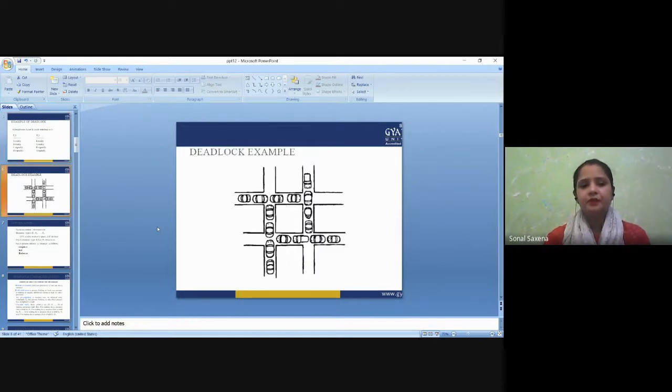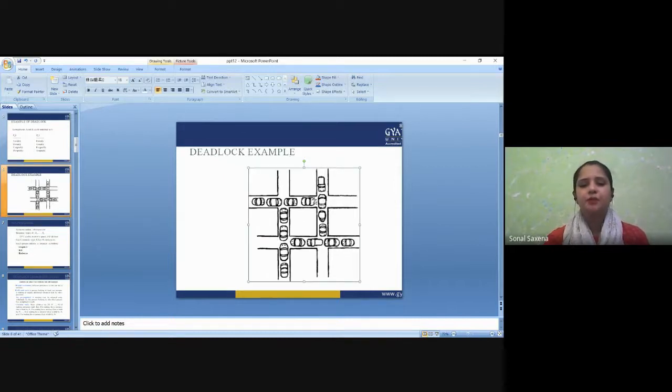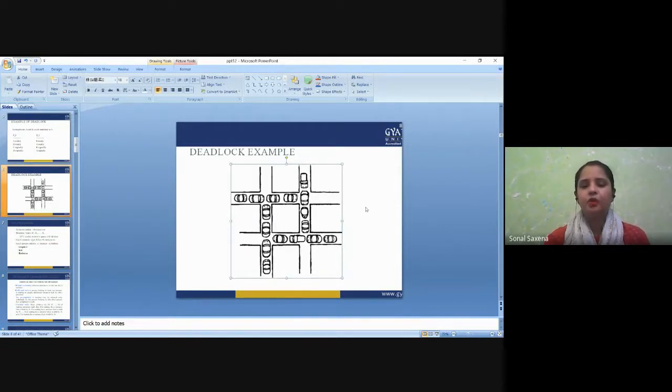Then see, this is one of the examples of deadlock. You can see here, this is a deadlock condition. No car is able to pass from here. Can you see? No car can make any further movement just because they are stuck in a deadlock condition. So this movement is possible only when one car has to back up. Like see, if this car backs up, you can see here, top right corner, if this car backs up, even this car will be backing up. In that case, this car can move this way, right?